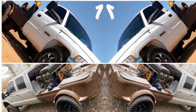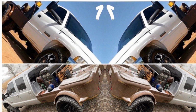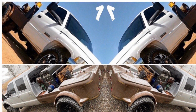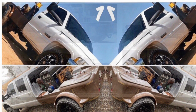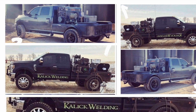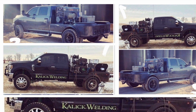He's been getting through the competition, winning by a pretty decent amount. He's got a pretty slick rig in my opinion. I can see him going a good little ways here, so expect to see him in the top 4, if not even better. Next one, we have Cowlick Welding versus T Blanchard, and T Blanchard won that one